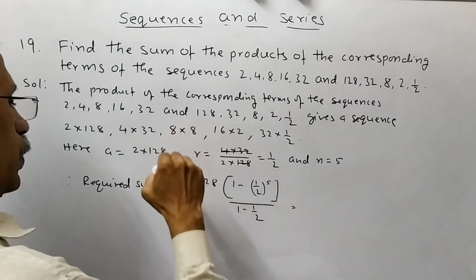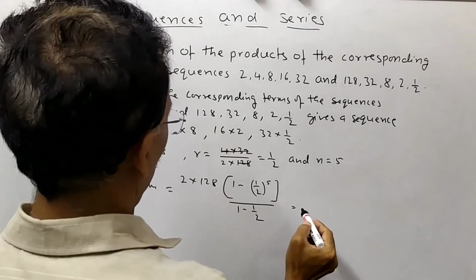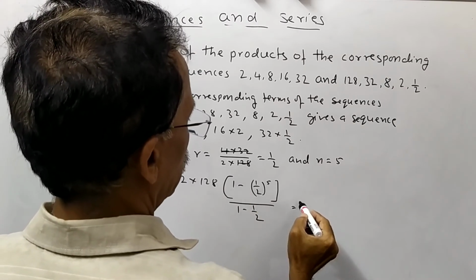So when you take to the numerator, that 2 will go to numerator, so that is